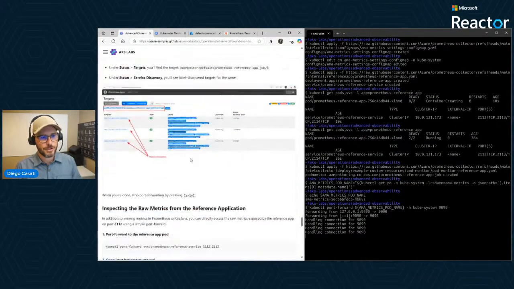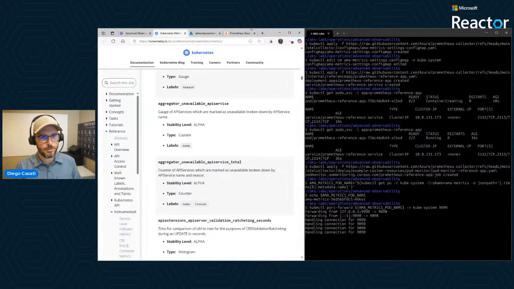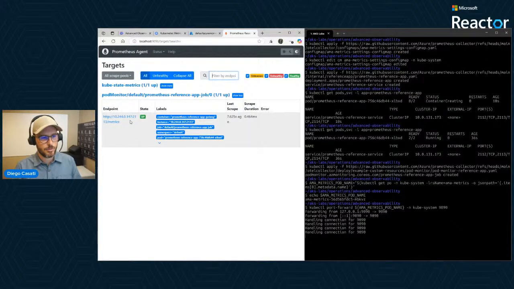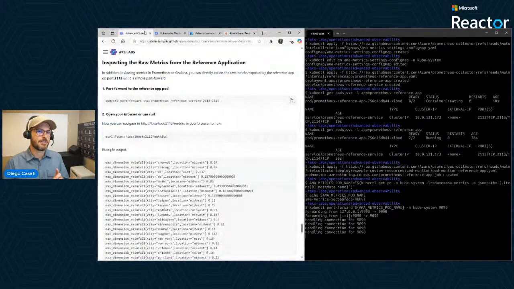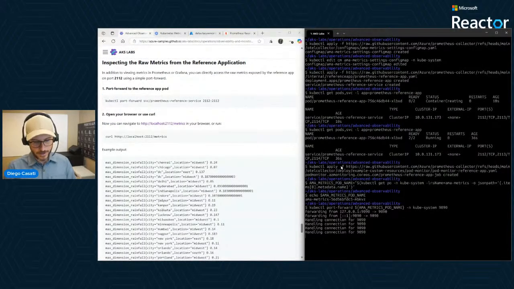So from a pod perspective, if we want to see those metrics, let's go back here real quick. Targets, we're listening on port 2113. You can see my instructions are slightly different here. Let me see if they populated with the other one here. You should have more than one. Okay, we're gonna change this on the fly here too. So 2113 is the port for that one. I will port forward to 2113. Okay, so you might have to change that on your side.